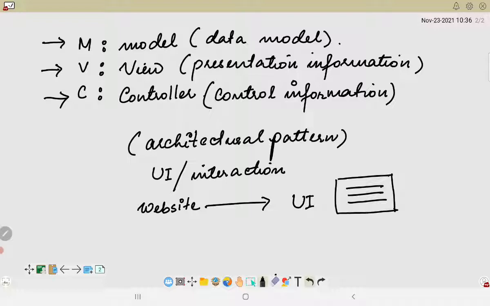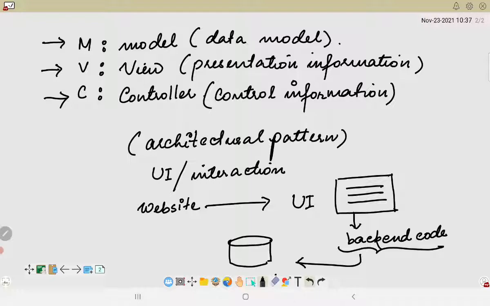Secondly, it will have a code which is running in the backend in order to process the request of the user. And finally, this backend code will be retrieving information from a storehouse or a data store. So let us consider this as the data store, and this basically is the data model. So we have the view, which is basically the user interface. Then we have the controller, which is the backend code, and the model, which is basically the data store.